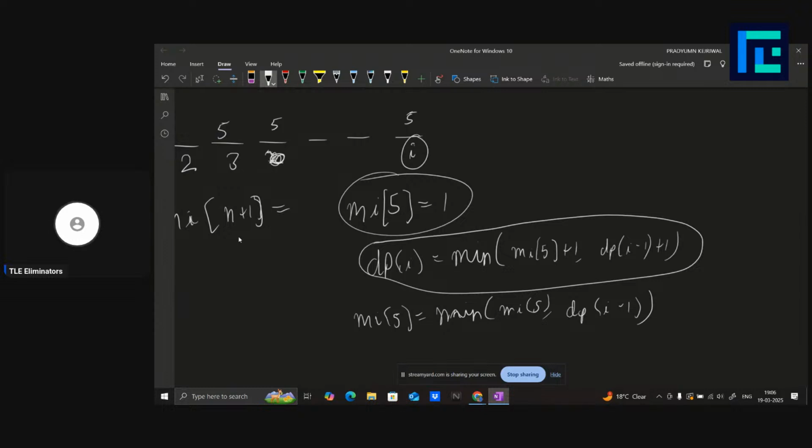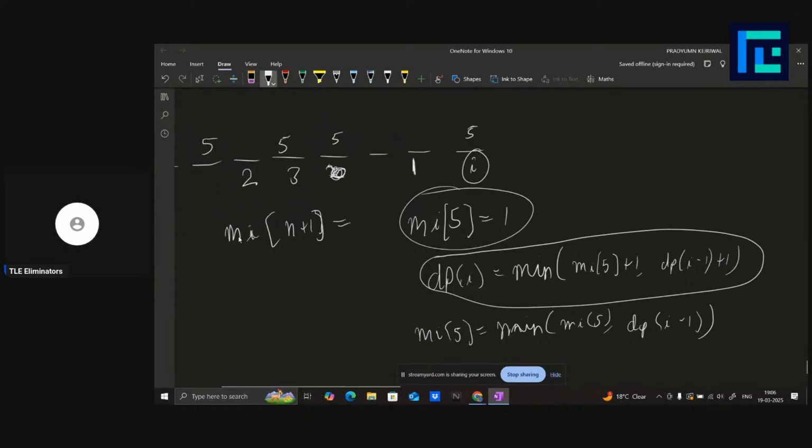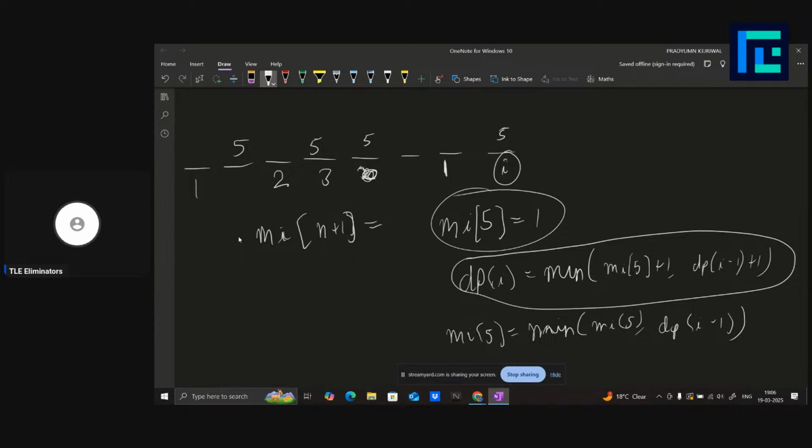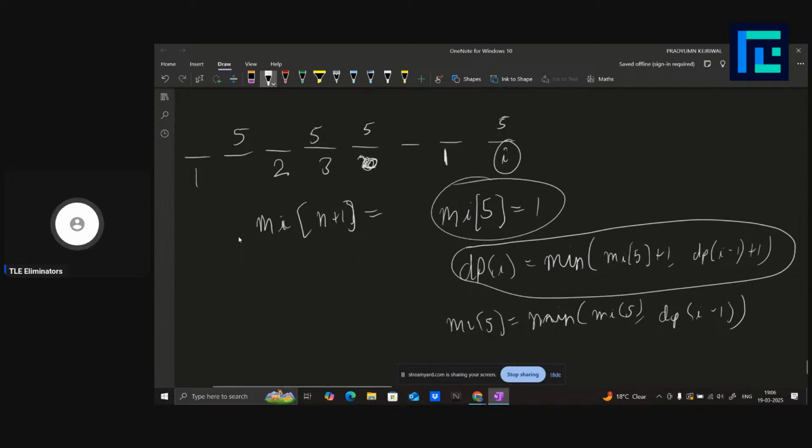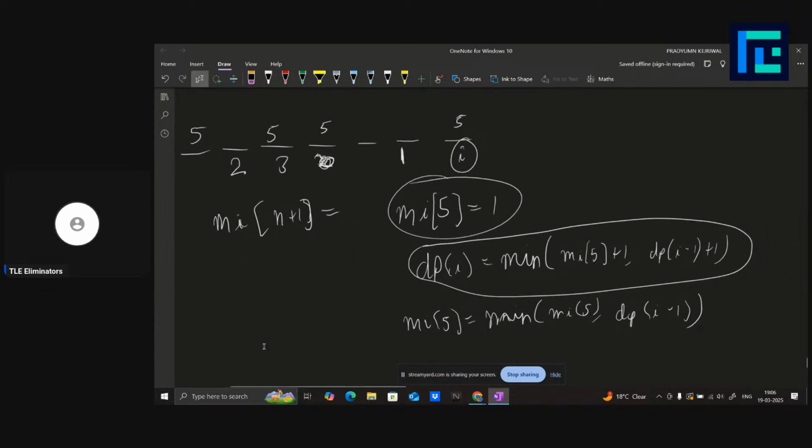So for this I, whatever the value of dp of I minus 1 is, you have to take the minimum. So you are tracking all of the previous 5s that have occurred and keeping the minimum value for them, so that we can efficiently update the dp for each future element. So dp of I is min of mi 5 plus 1 and dp of I minus 1 plus 1,